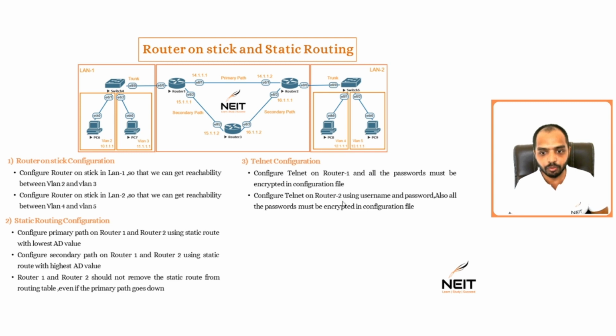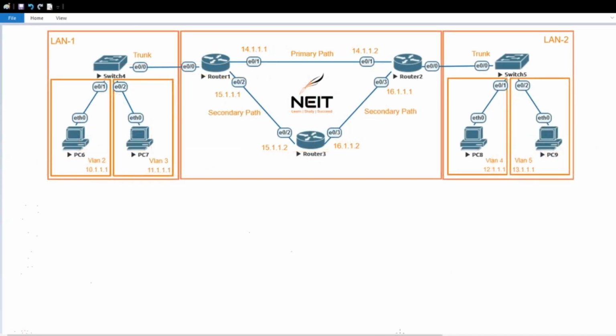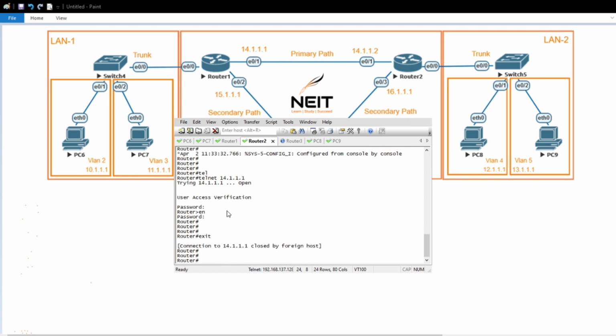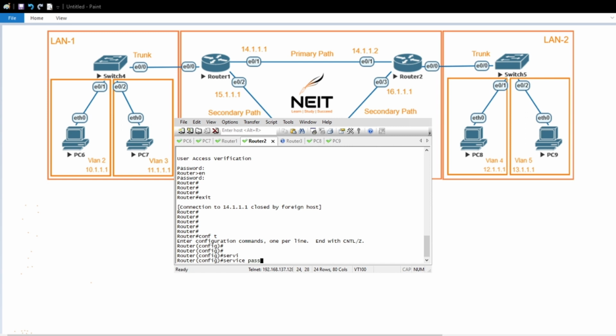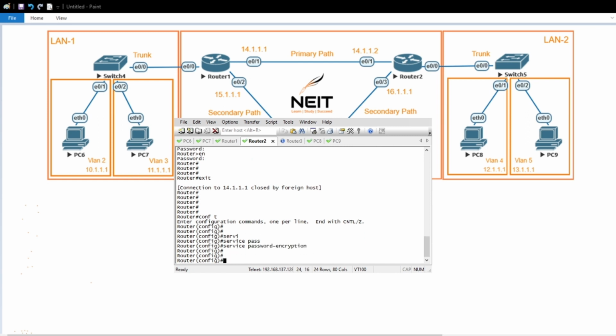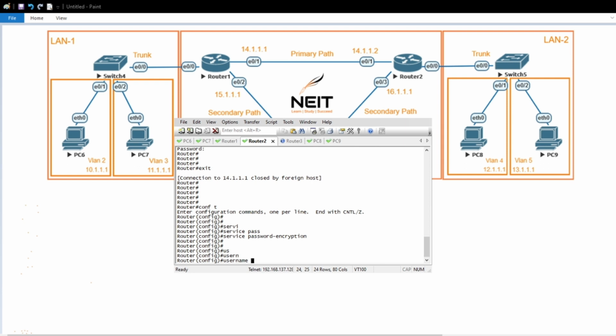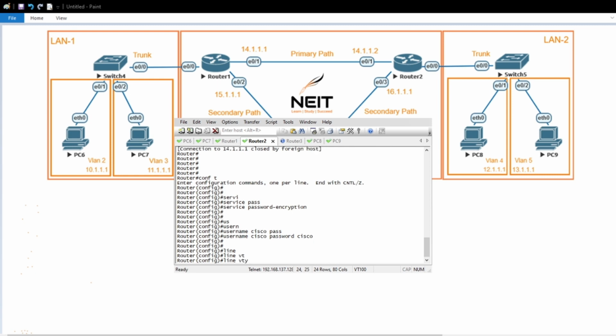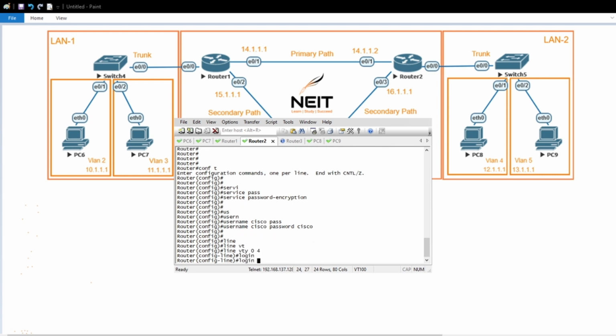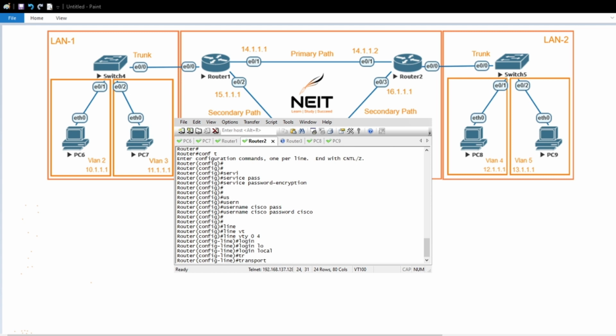Now after that we have to configure Telnet on router 2 using username and password. Also all the passwords must be encrypted in the configuration file. So on router 2, again the same command, service password-encryption, and now username Cisco, password Cisco. Okay, and now line vty 0 4, login local, and now transport input